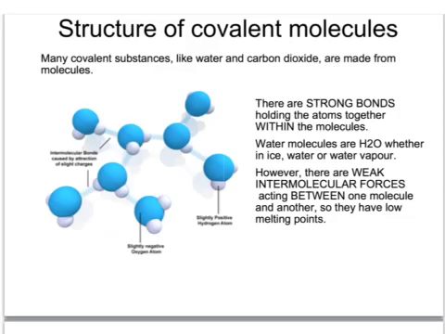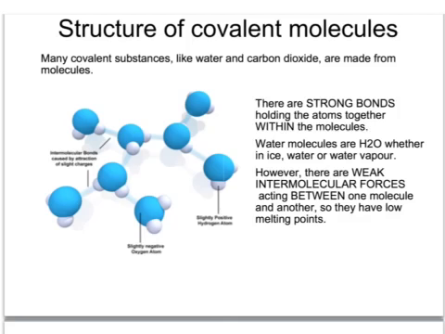The next section of work is all about the structure of these covalent molecules. Although there are strong covalent bonds within the molecules, for example here of water, the molecules attract each other by only weak attractions between the molecules. And because there are only weak attractions, it does not take much energy to separate one molecule from its neighbours. So these covalent molecules, like water and carbon dioxide, tend to have very low melting and boiling points because it only takes a small amount of energy to overcome the weak attractions between the molecules,